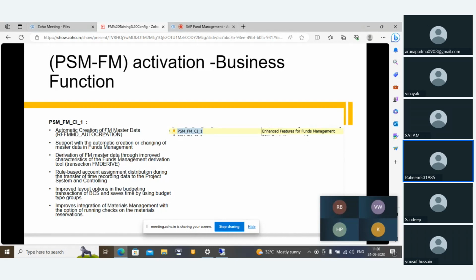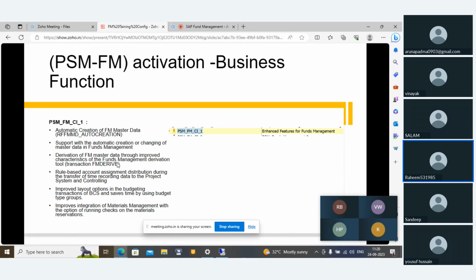And this derivation rule depends upon your existing derivation rule also. If you are running this transaction code, this program, then the system will also primarily check with your derivation strategy, and then it will create. So you have to keep in mind that whatever strategy you have created will also have an impact. Okay, the second additional functionality you will get after activating this business function is that you can copy anything from your